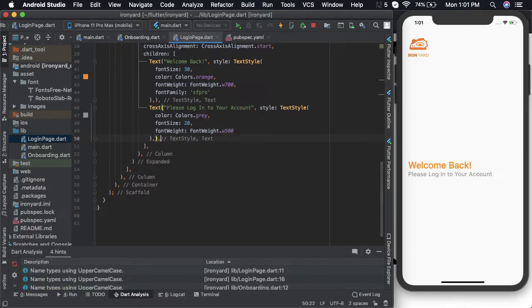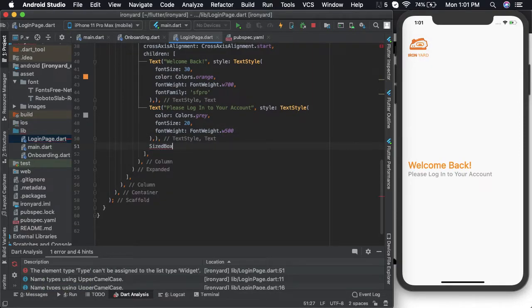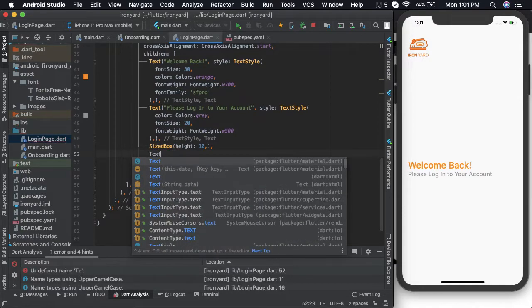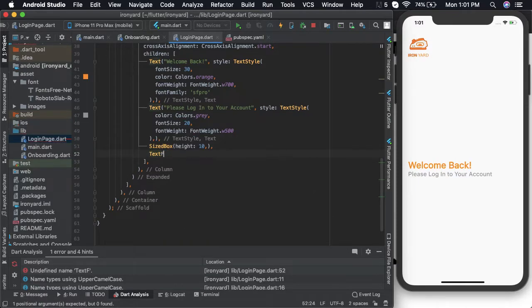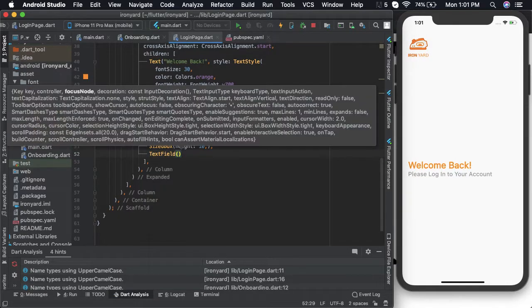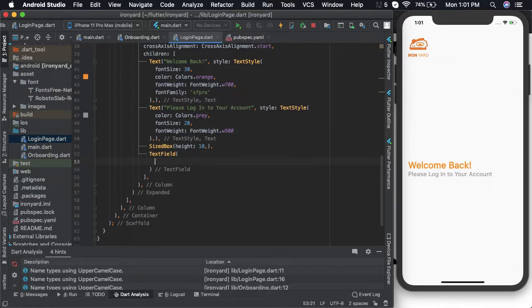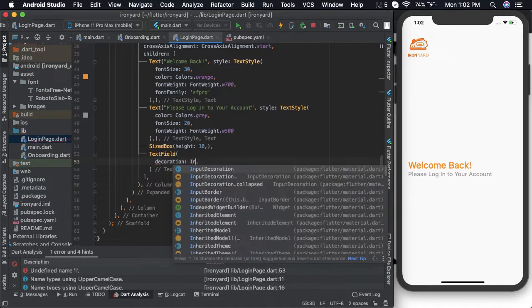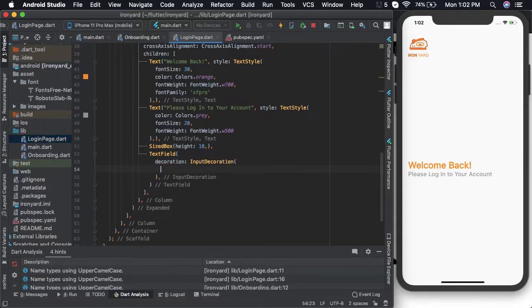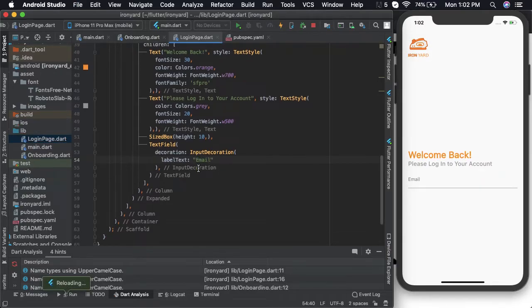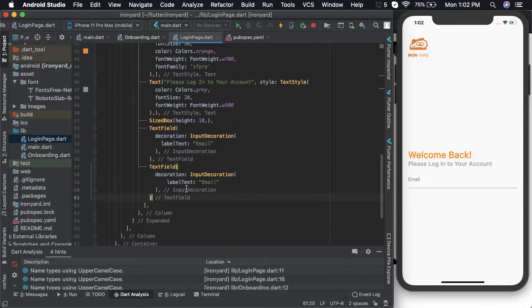Now let us add a small spacing, so I'll give it a sized box. And we need some text field for the name, the mail ID and the password. So let us add a text field. I want the label text to say email, and then let's add another text field. This should say password,